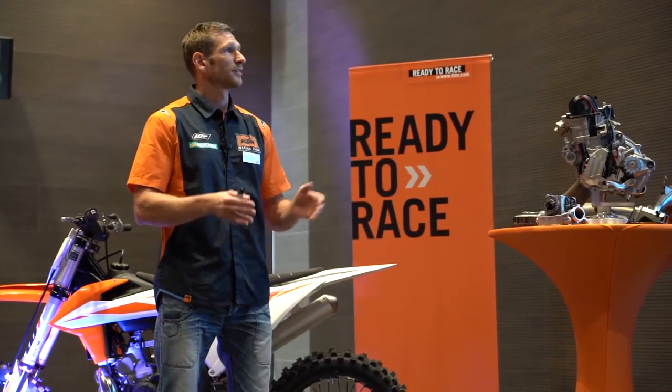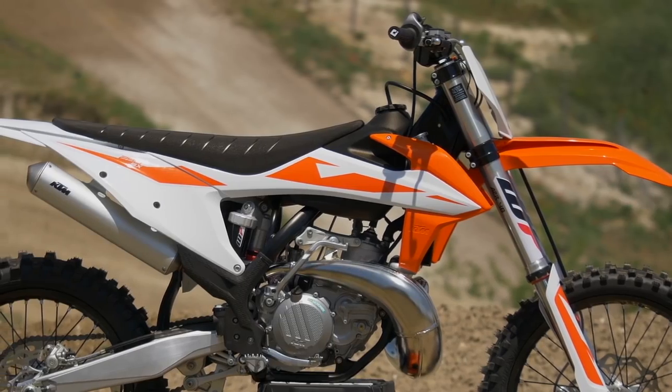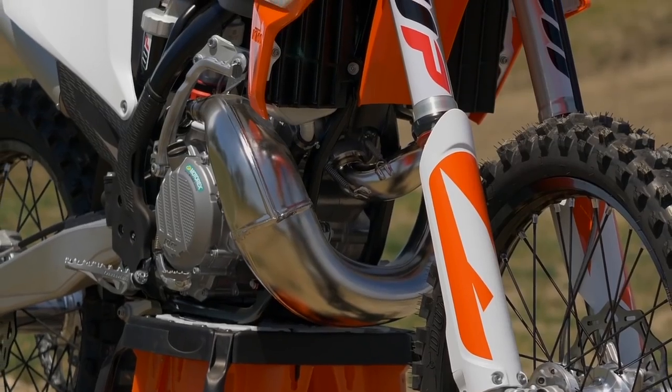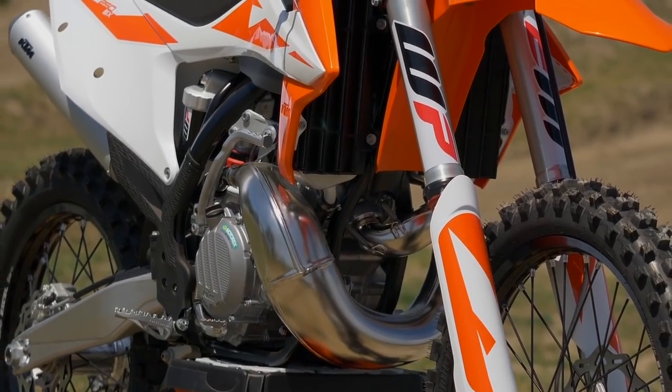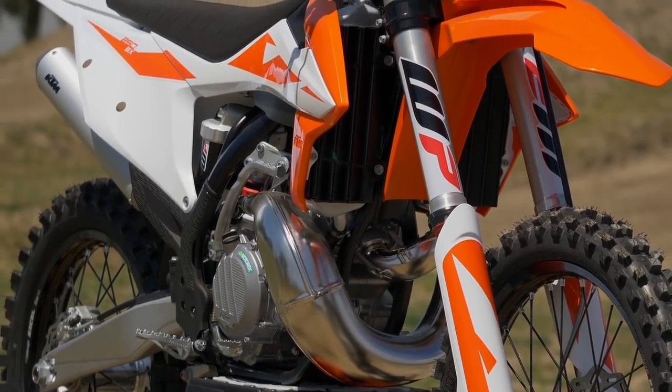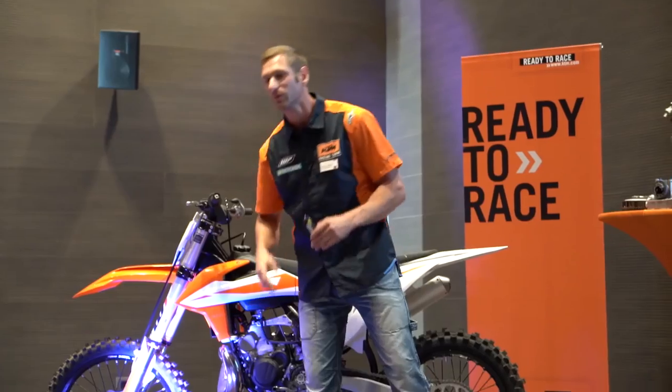On the big smoker, good news as well. The biggest highlight for me, I would like to point out, is the new super slim head pipe. The goal was to reduce the size of the head pipe of the two-stroke 250. Normally, if you do it the old school way, by wrapping the pipe tight around the frame, you immediately lose